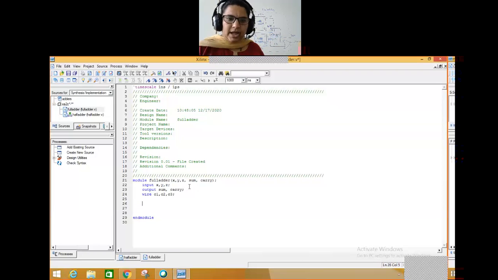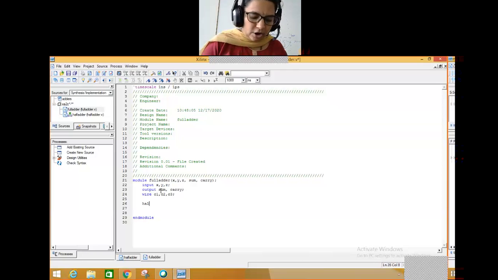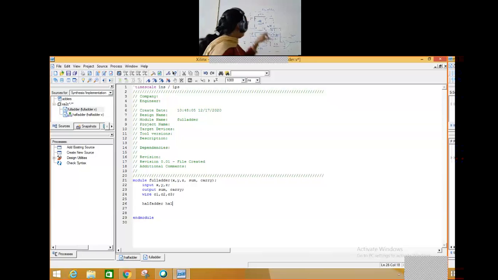Then I need to go for the implementation of the functionality, which is a module I'm using for component instantiation. It's a half adder. So I'll write the same name as the module name of the half adder. Whatever module name you are given for a half adder, you should take the same thing. So half adder is a module, and I have taken HA1. Why HA1? Because I have taken that as one copy of a half adder. So I have given the name for it as HA1.